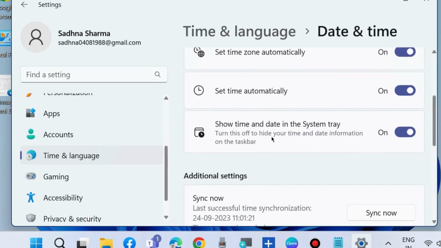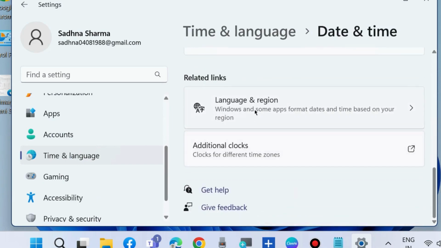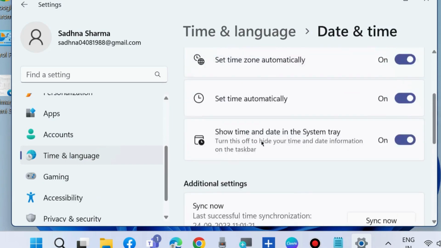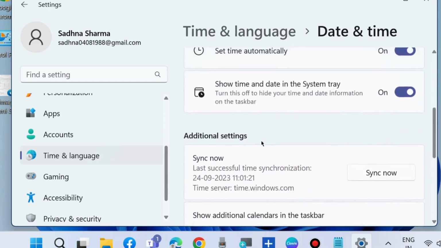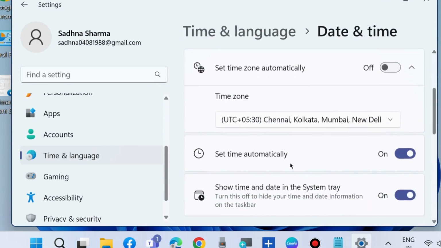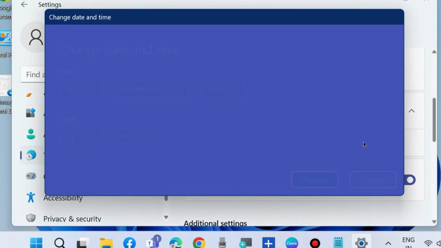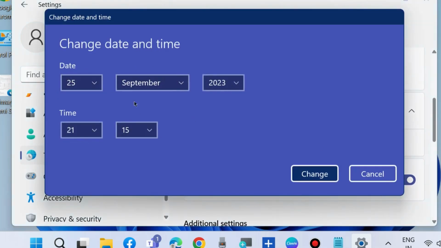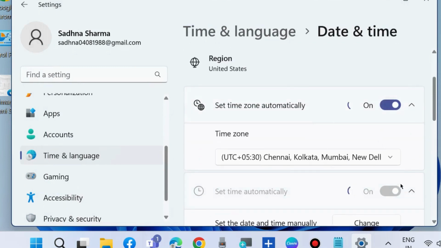And here first disable automatic time and set time zone automatically settings. Disable both of them, and choose Set the date and time manually, Change, and here correct your date and time settings. Click on Change and your apps not downloading from Microsoft Store issue is